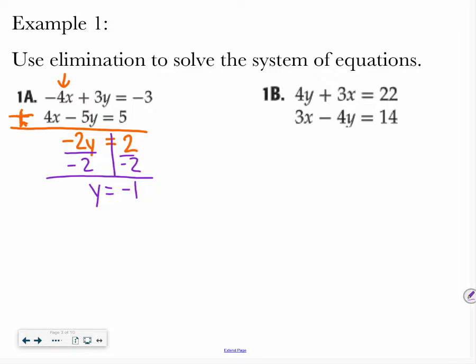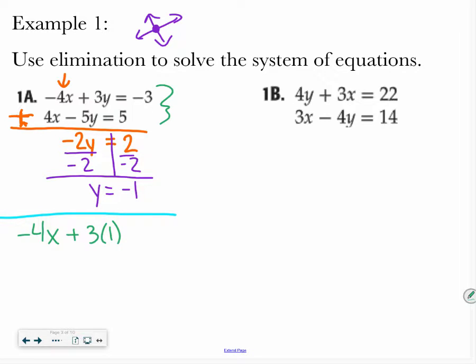Okay, so this is just like yesterday when I would give you the picture of the two lines and I'd say, what's the solution? And if there was one solution, you would tell me what that ordered pair was. That's what we're looking for right now, okay? So we've solved for y. Now let's solve for x. You take your y value, you pick one of these two equations, doesn't matter which. I'll just go with the top one, negative 4x plus 3y equals negative 3. I plug in 1 for y. If I simplify a little bit,